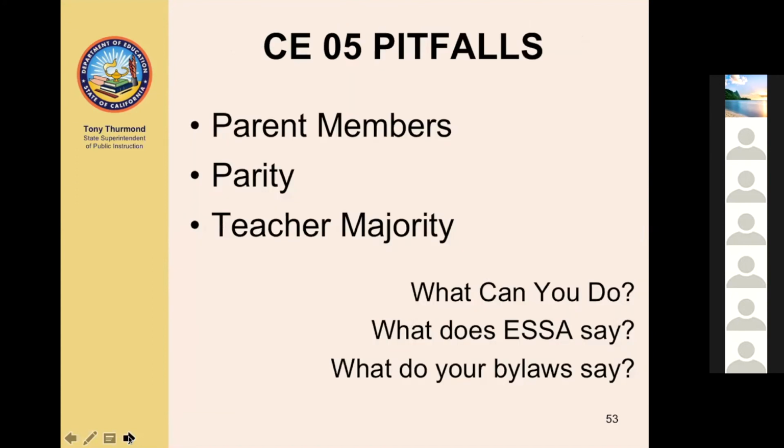Some pitfalls in CE5 that the FPM reviewers have noted are, again, parent members, noting, as in the earlier description, who is a parent, and also parity. What is parity, and is there parity? And always make sure that the teacher group is the majority of your school site council.